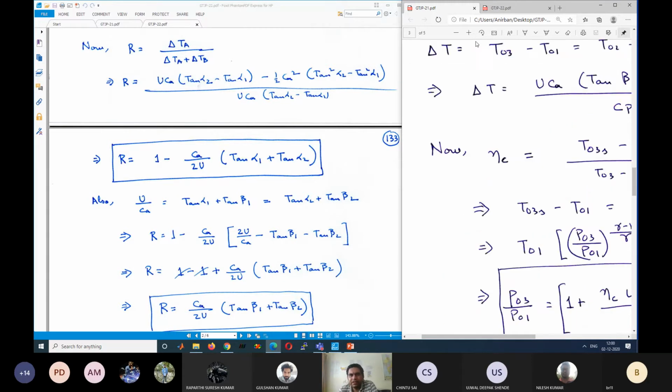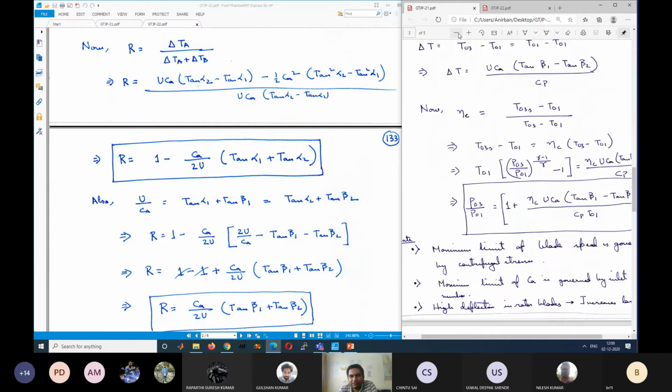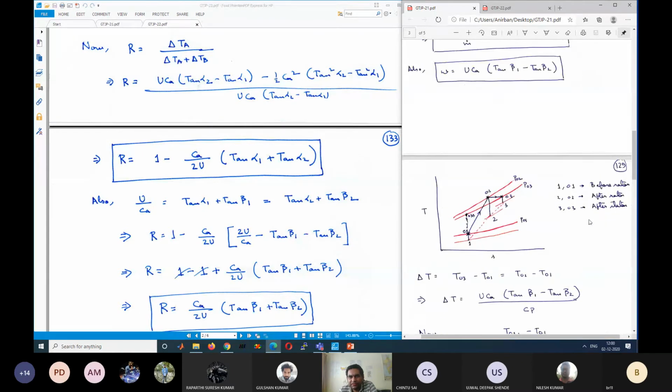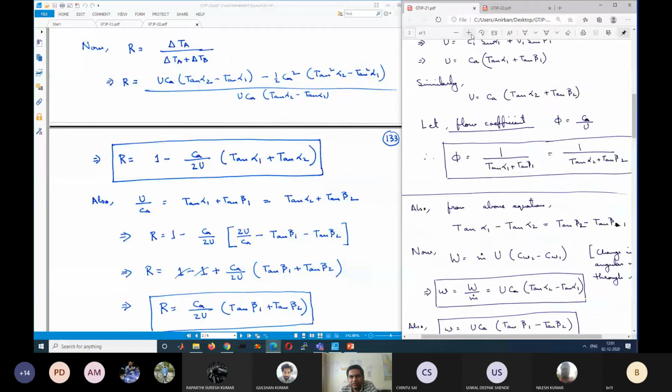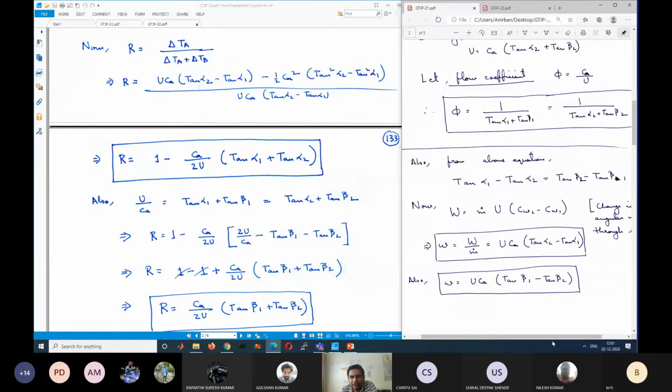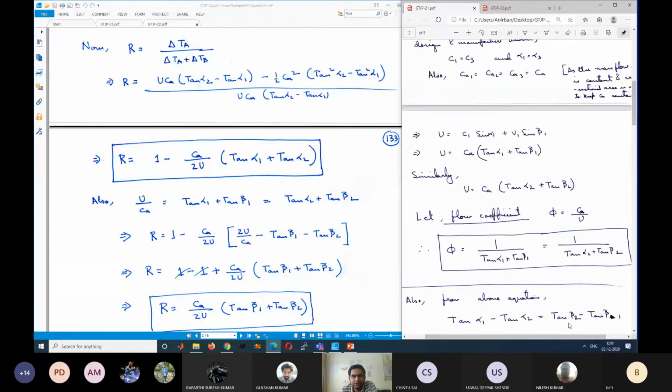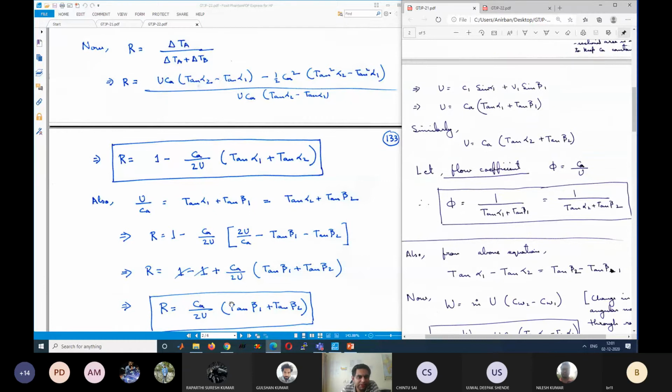Again, we can do some more algebraic calculation. Again, you don't have to remember, these things can be easily derived if you can draw the velocity diagram correctly. I will just show you this for the sake of completeness. But this could have been given as a problem also. This is like a problem.